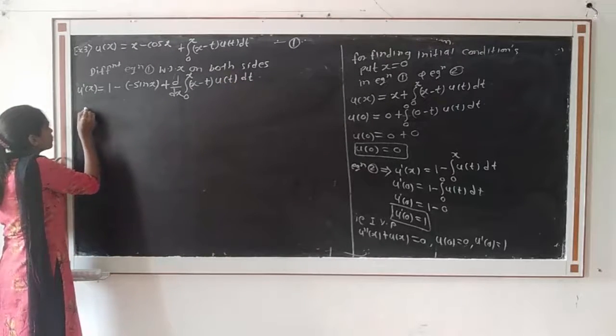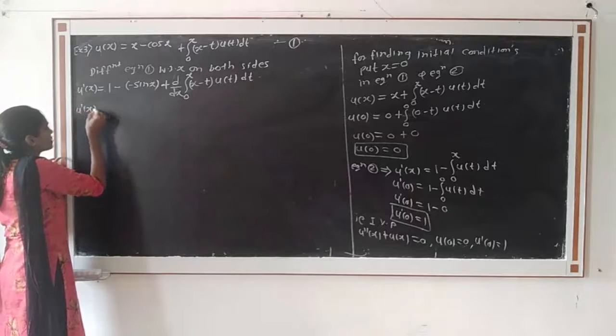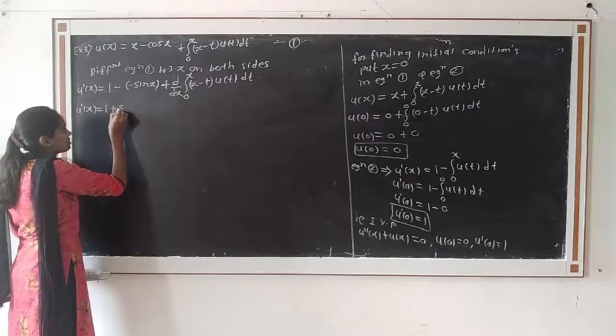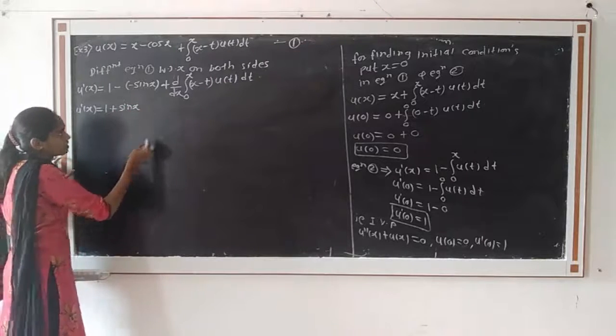So u dash of x is equal to 1, minus minus becomes plus sin x,